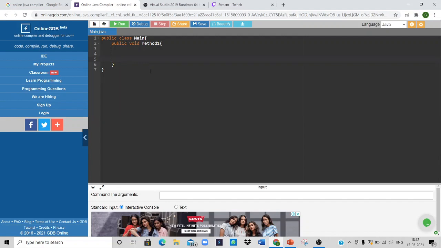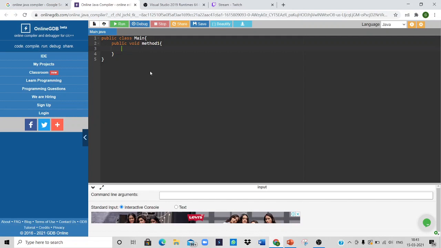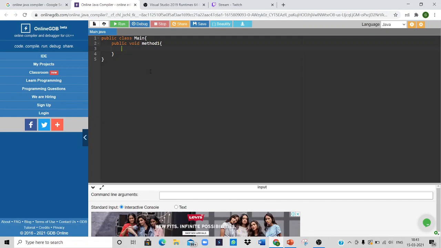An int method has to return something to the main method; that is mandatory. Otherwise, if we specify it as a void method, then it is not necessary to return something. This method cannot return anything to the main method. That's all. If we specify a method with void as a return type, then we should not return anything. That's the simple idea. Here it's just an example.